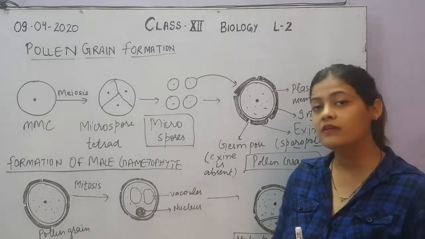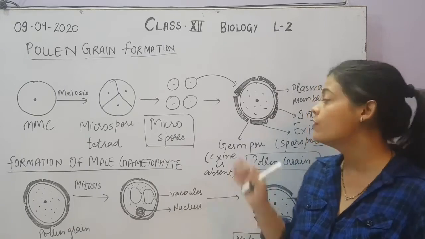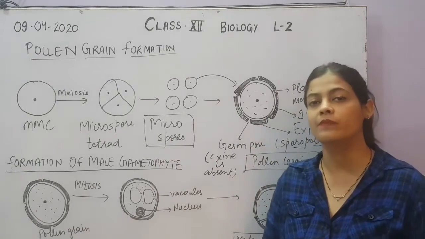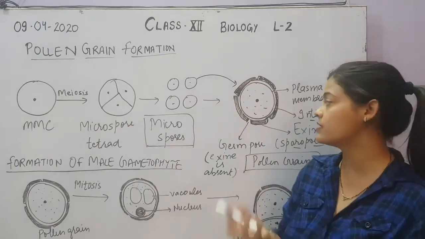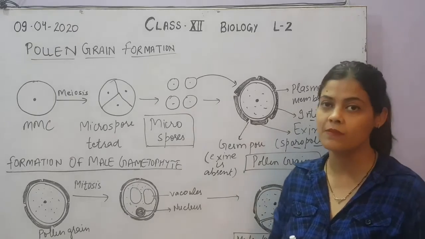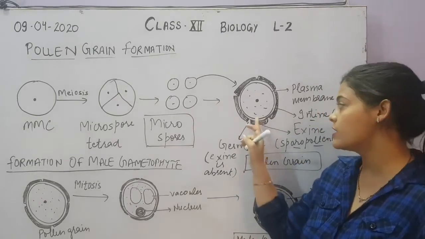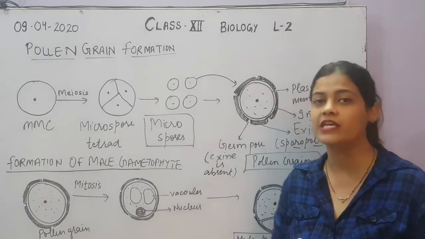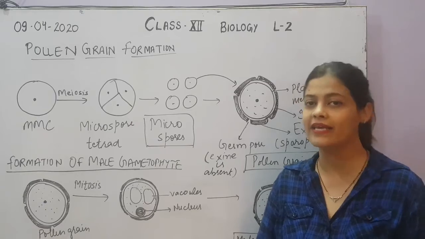But the male gamete has to come out from the pollen grain. For that the pollen tube will be formed. Now there should be some area or some portion of the cell from where these male gametes can come out. So these portions are in the form of germ pores, where the exine layer is absent, so that the pollen tube can come out carrying male gametes.